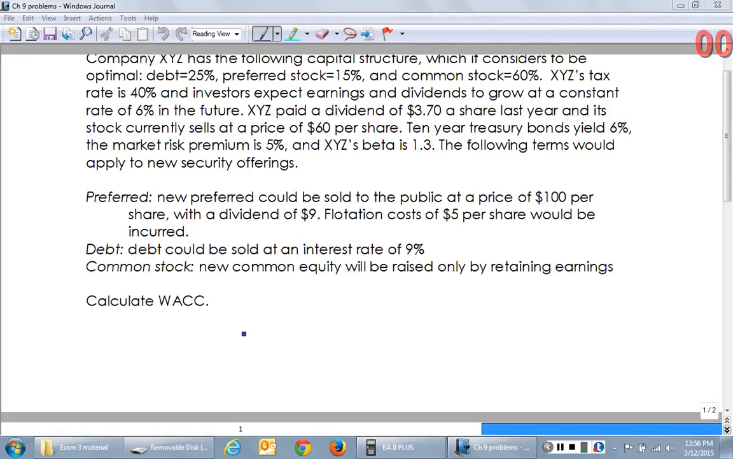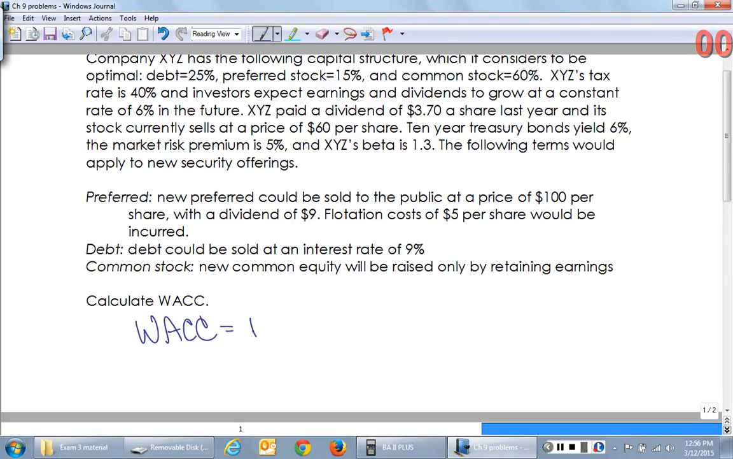10-year Treasury bonds, remember our measure for risk-free, is 6%. The market risk premium is 5%, and beta is 1.3. They're asking us to calculate weighted average cost of capital. Remember that weighted average cost of capital